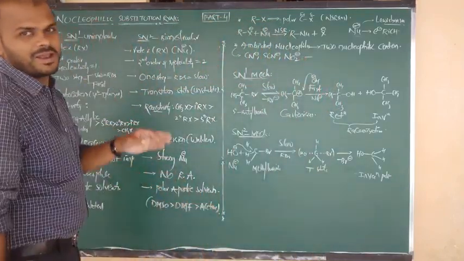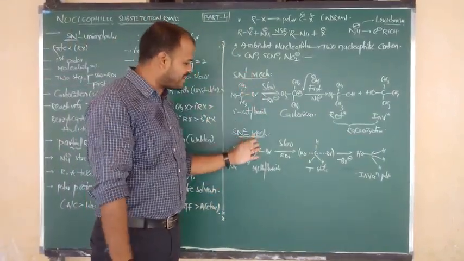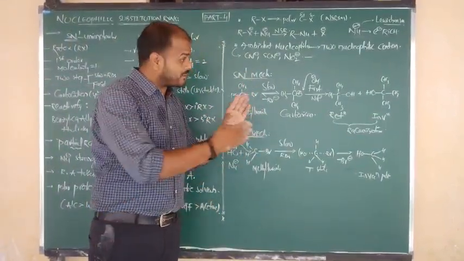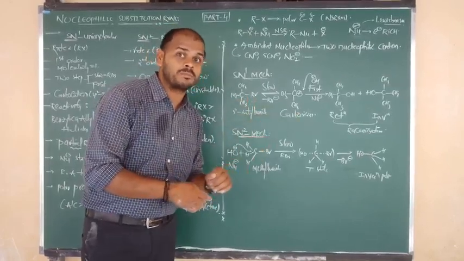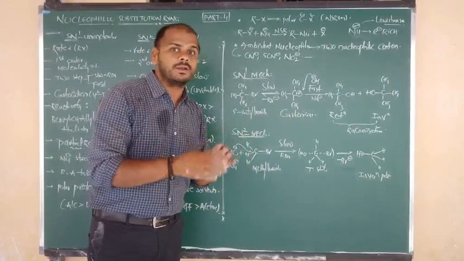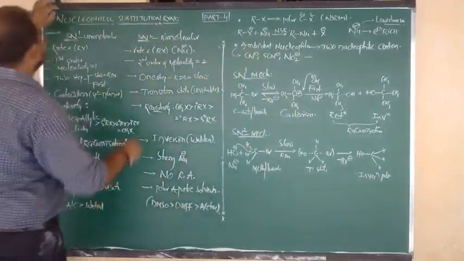You know very well, many times you have practiced from the theory point of view the SN1 mechanism and SN2 mechanism. From that mechanism they are going to ask you questions like what is the intermediate, what is the final product, how many steps are there, in the CAT. Right, let us see now.